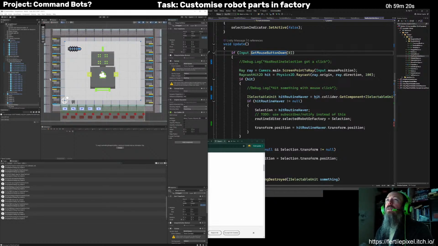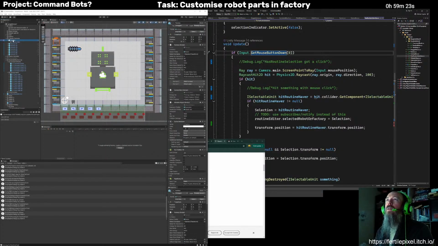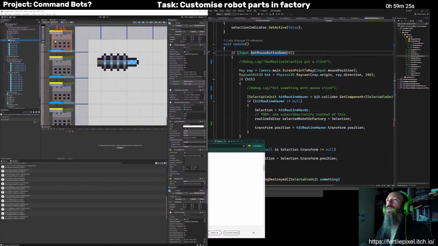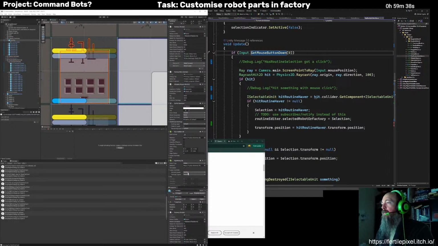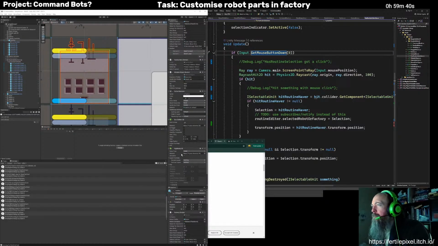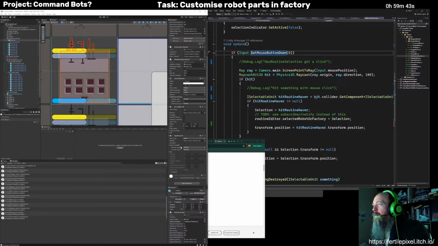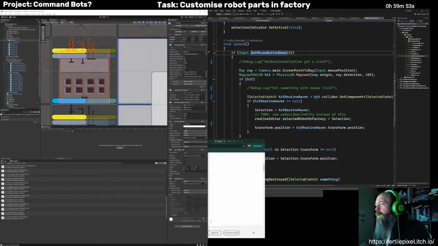All right, now let me have a look at a factory. How come I can click on these? Is it because I have got a box collider 2D? Or is it related to the rigidbody? I'm going to close this second inspector because I haven't used it much lately.